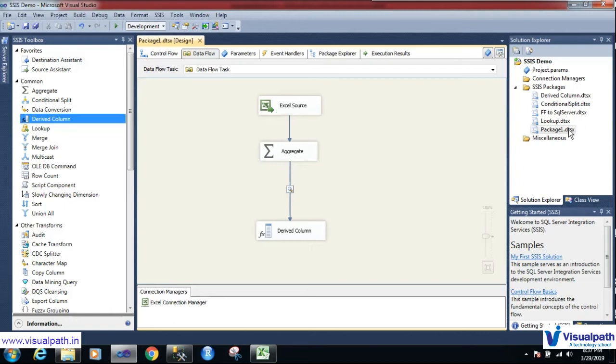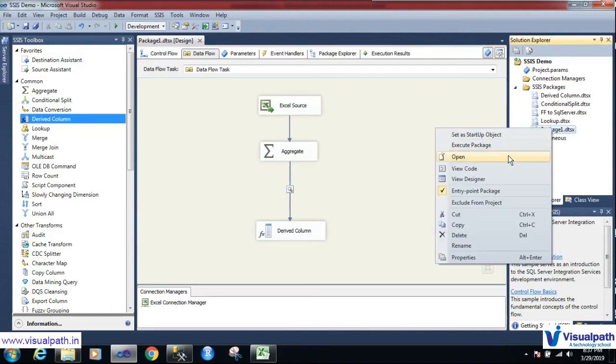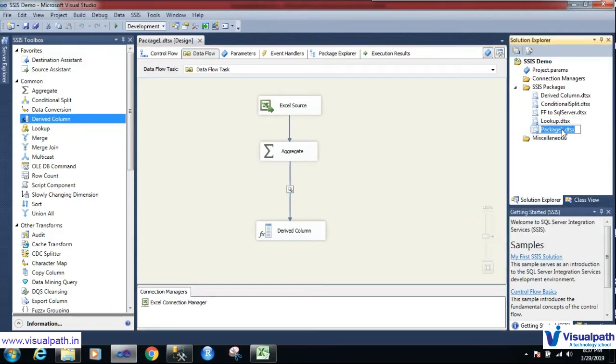Let me right click on this and rename the package as aggregate. Okay, let me save this and let's move forward.